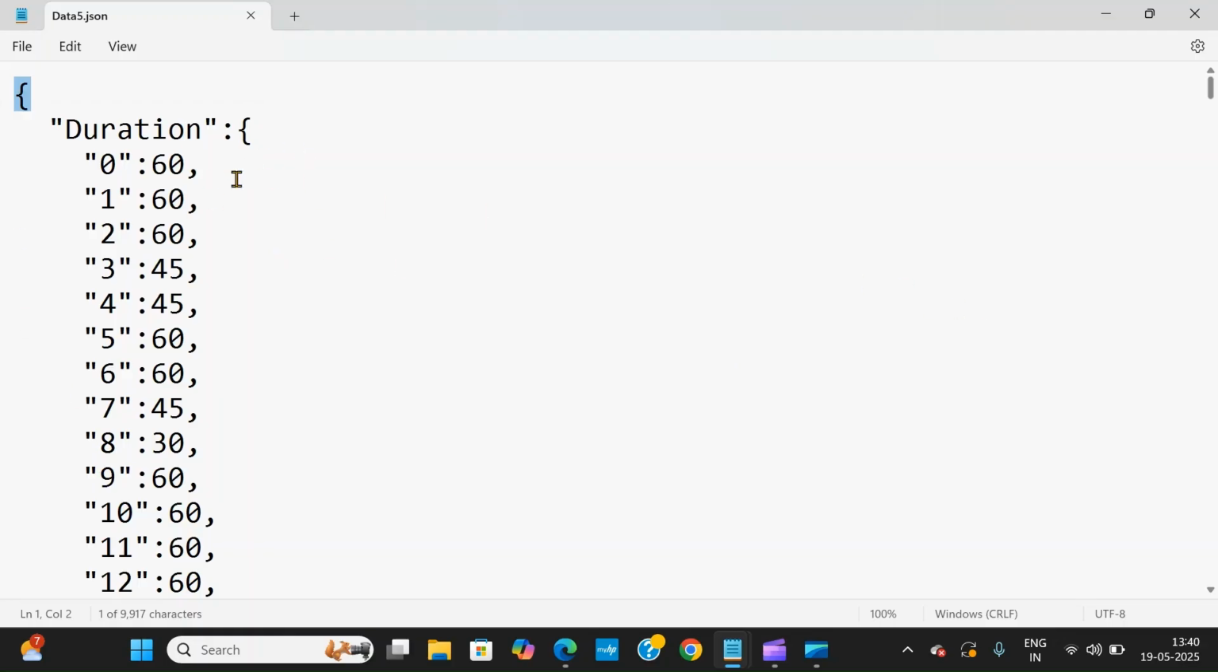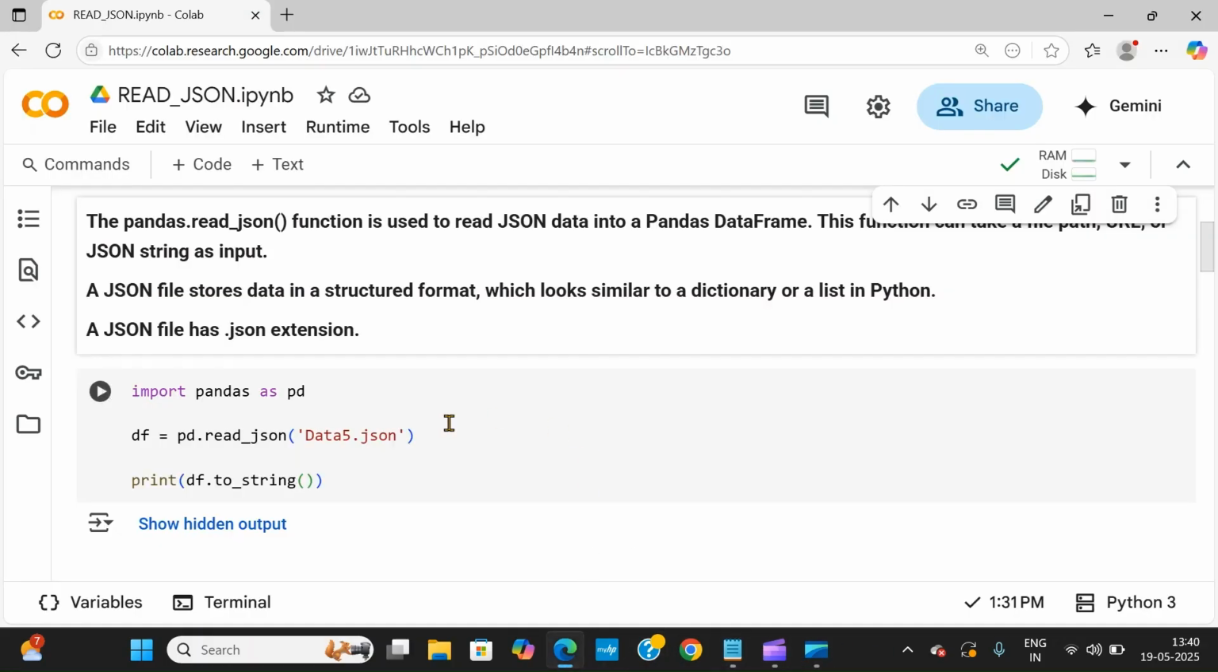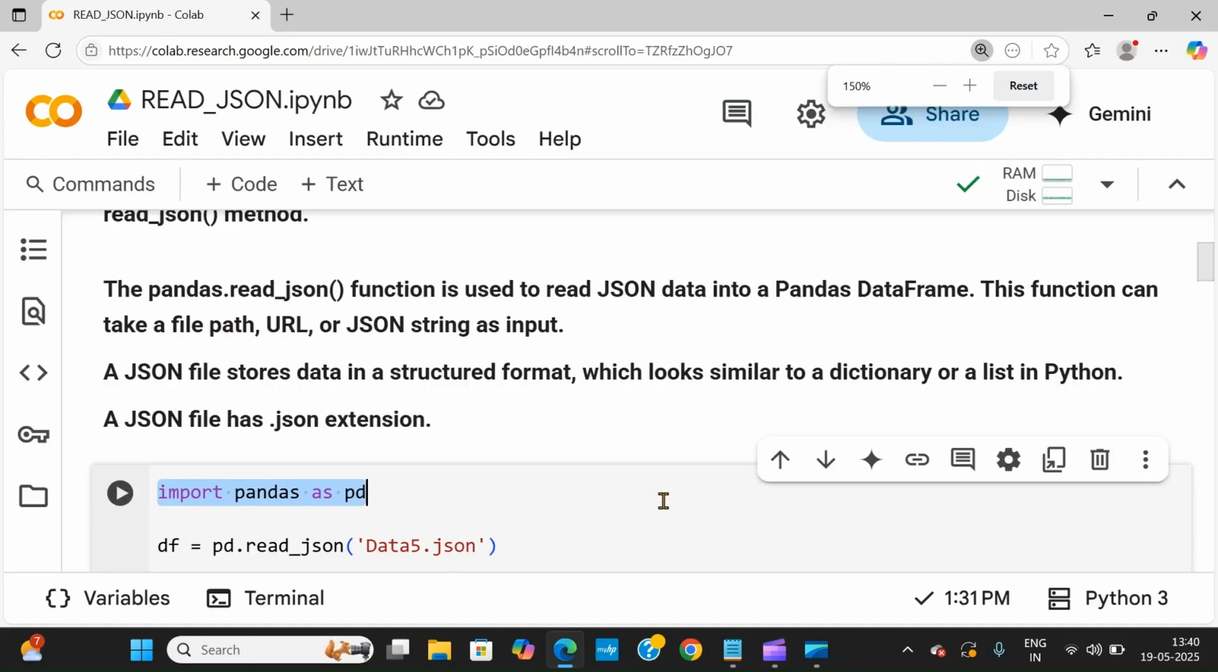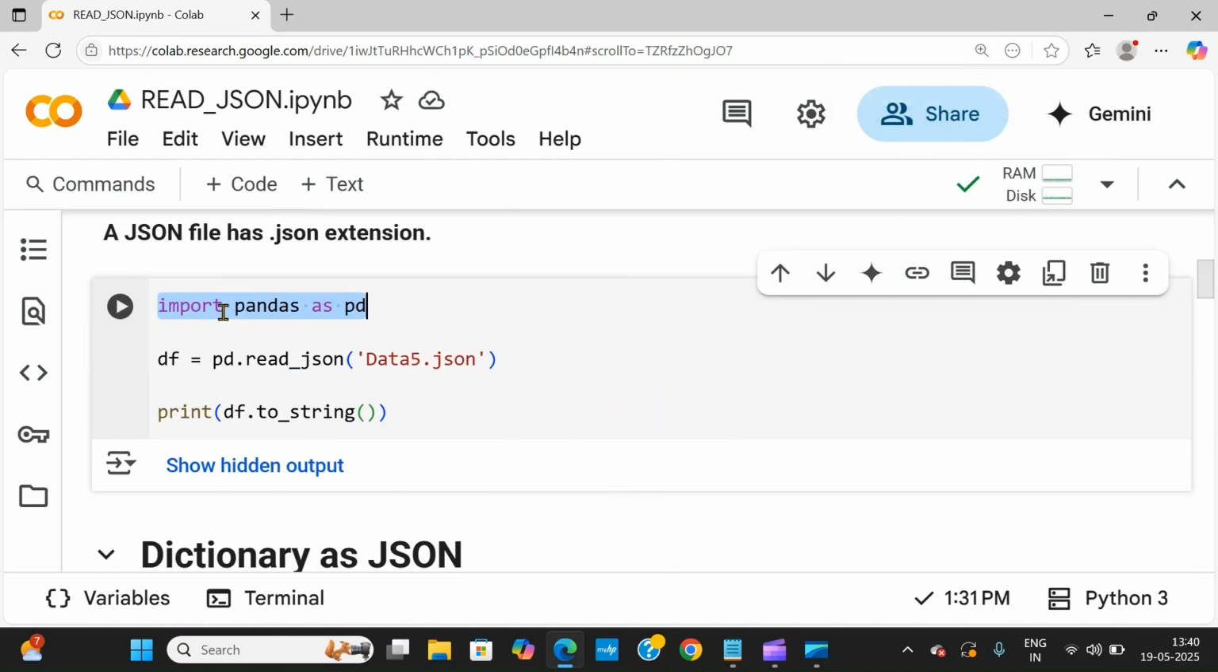Now I want to load this data into the data frame. So how do we go about it? First you need to import the pandas library. How to import that? We need to write the import keyword, then the pandas library name, as pd, which is a short form. So instead of using pandas every time, I can write pd. Now df, that is the data frame variable, equals pandas' logical name pd dot read_json, and you want